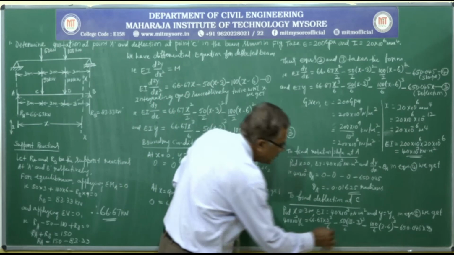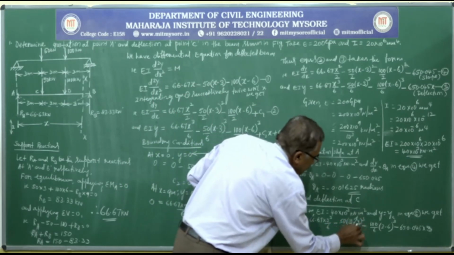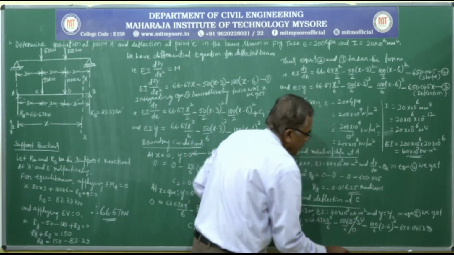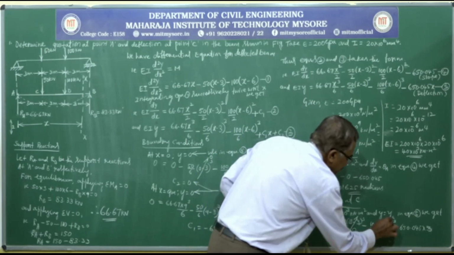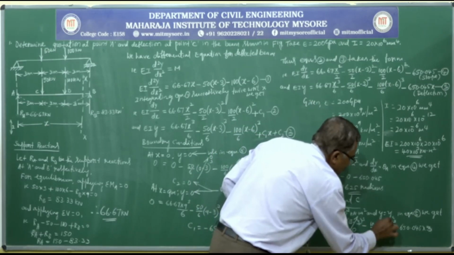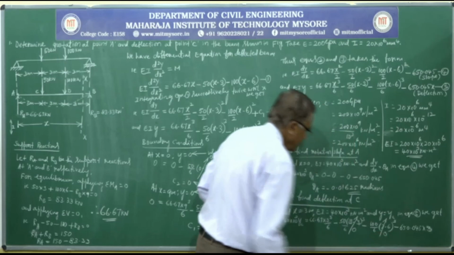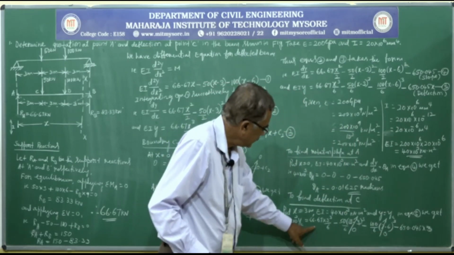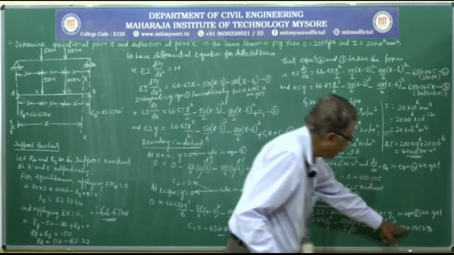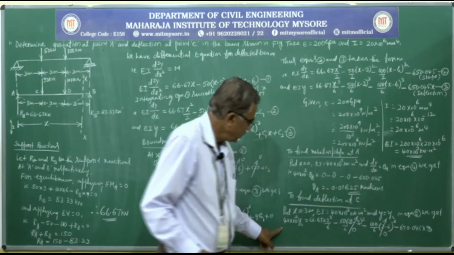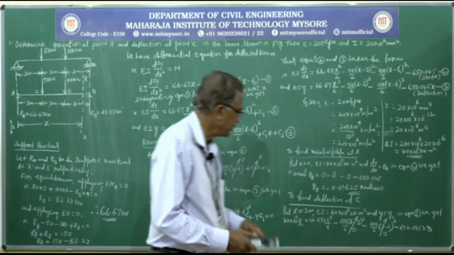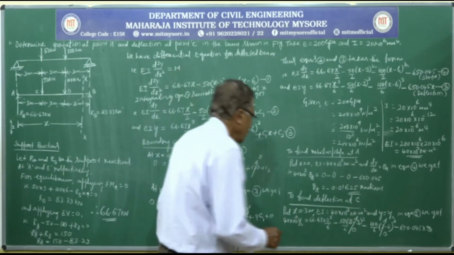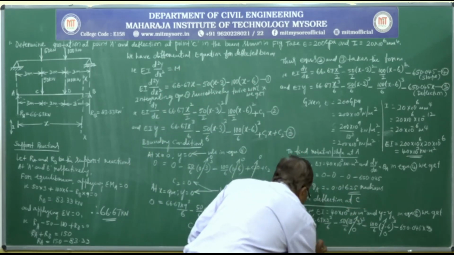See here, this term will become 0 already, and 3 minus 6, this is also 0. So we are left with the first term on the right-hand side and the last term. If you solve for yc, we will get yc is equal to